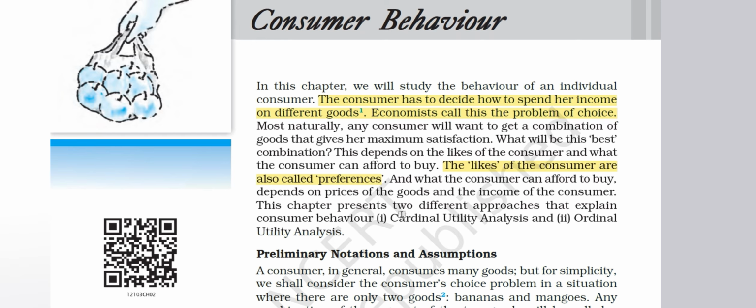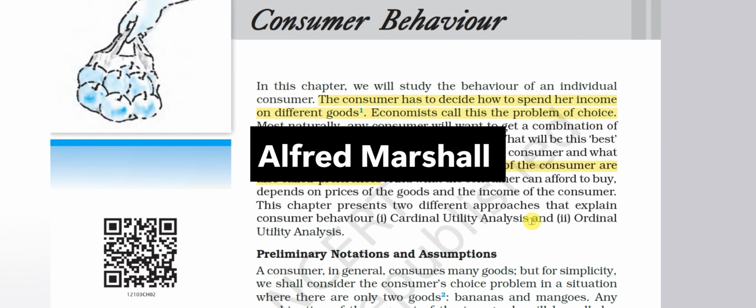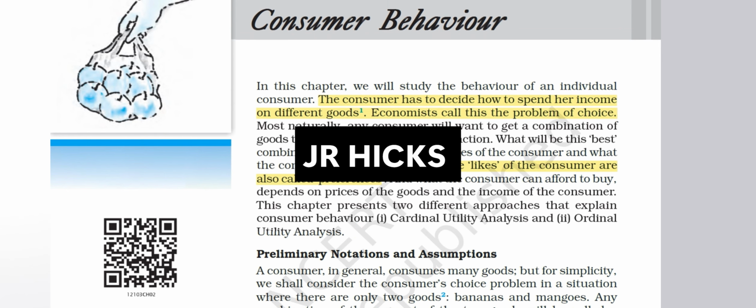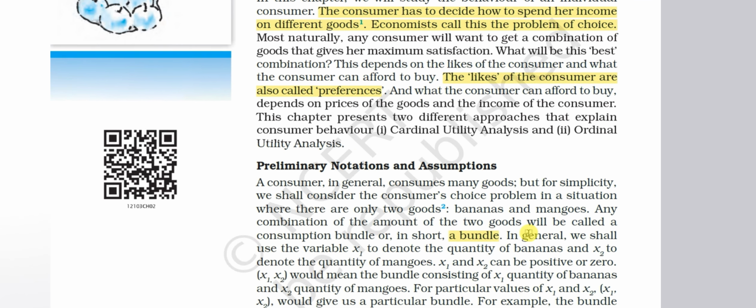One is the cardinal utility analysis, which was given by Alfred Marshall, and the other is the ordinal utility analysis, which was given by J.R. Hicks. Apart from this, the combination of two goods that a person is purchasing on his income is called a bundle. Let's say with 100 rupees a guy is able to buy 10 bananas and 2 mangoes, so that is one bundle. Okay,